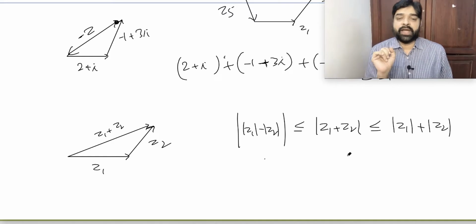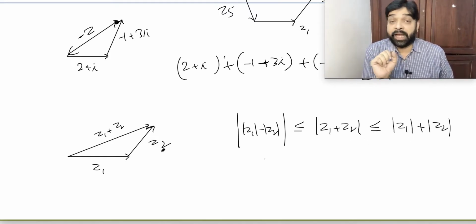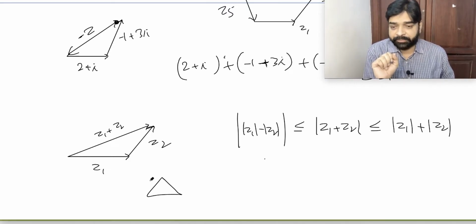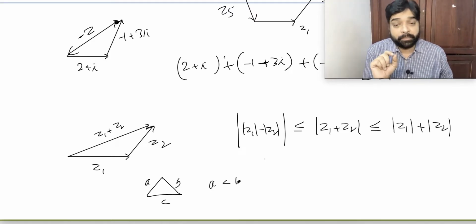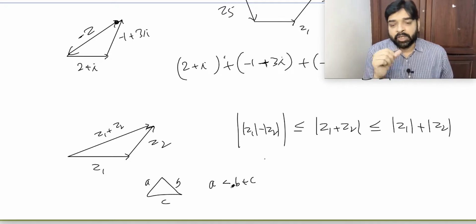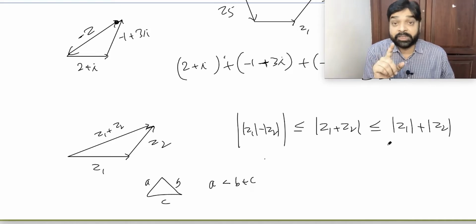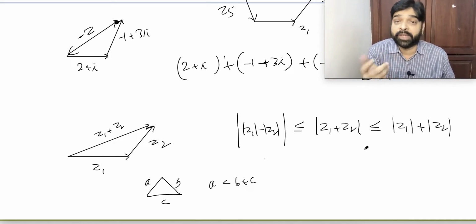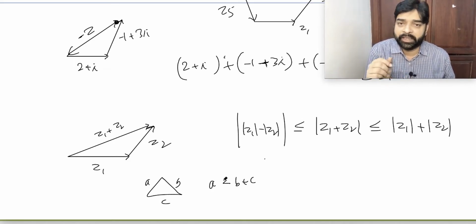Now here one question we have to understand. This is less than or equal to, but in a triangle, if I say this is one triangle A, B, C, what will you say? A will always be less than B plus C. You will never say equal to B plus C. If it is going to form a triangle, how is it possible that the third side will be equal to the sum of two sides? That is not possible. So it's only less than. So where is the equal sign coming from? Because Z1, Z2 is not saying we have to form a triangle. By chance we are using this triangle logic to identify things.